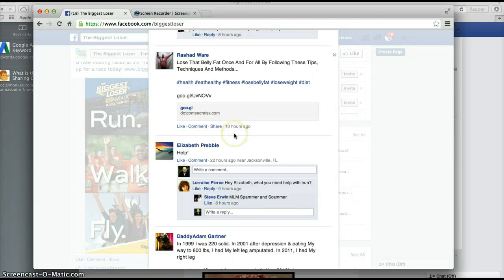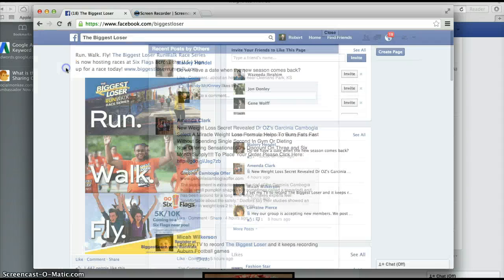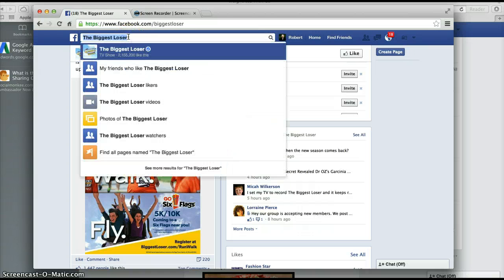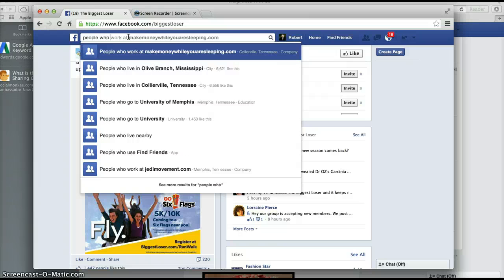Now, you don't want to just throw them your link all the time. I don't think in chat you can actually throw a link, but anyway, that's one idea. You can go through the Biggest Loser and different weight loss groups and things like that. Now, another really cool thing, and this is one of the things I love in this graph search, you can look up people who like